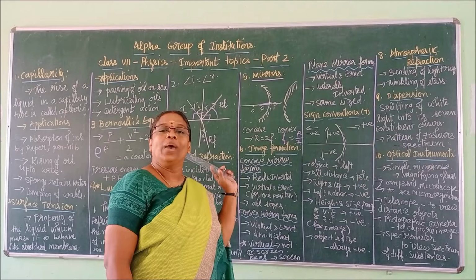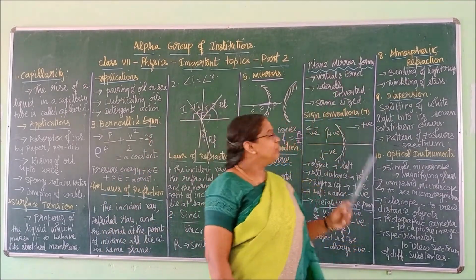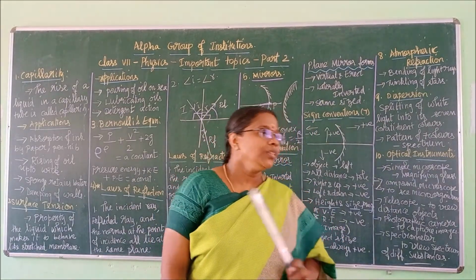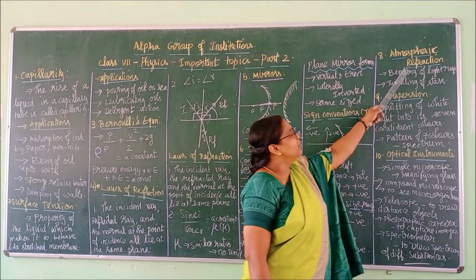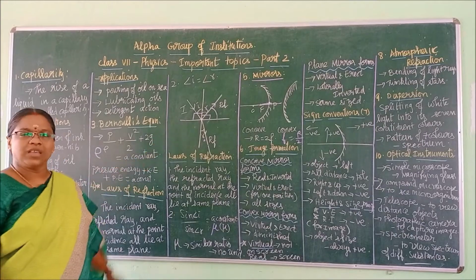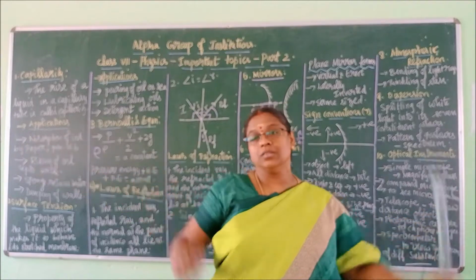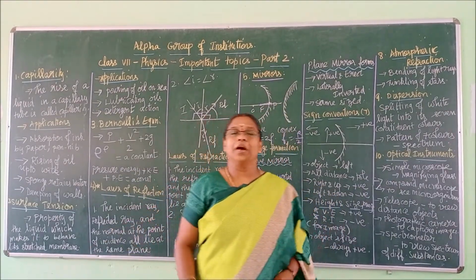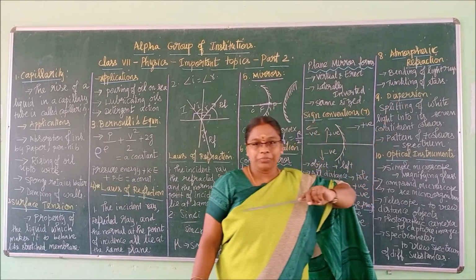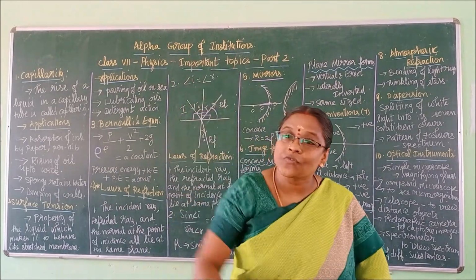So learn very well. Okay children, now moving to the next topic. This we have not discussed in the class, so I will go into a little detail. There is a concept called refraction which we have learned here. This will happen on a normal surface. But if this refraction happens over a bigger area, in our atmosphere, then it is called atmospheric refraction: the bending of light rays when they pass through the atmosphere.